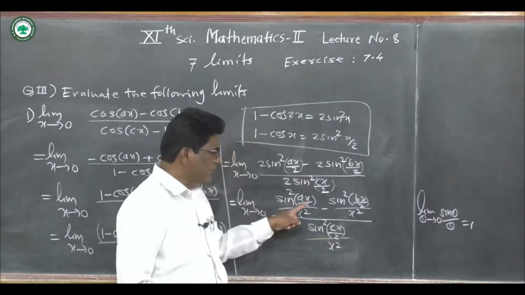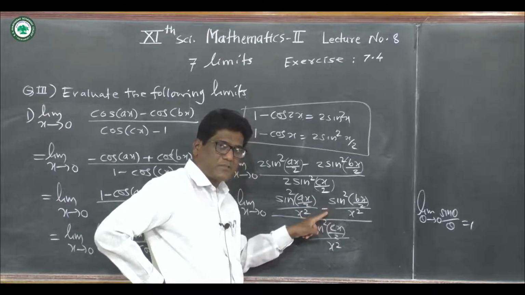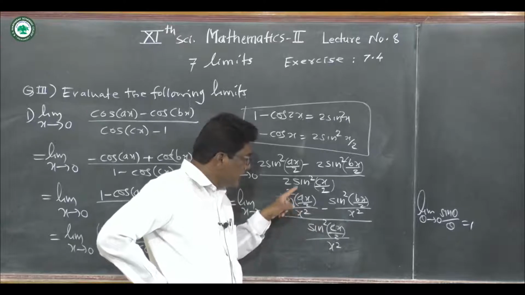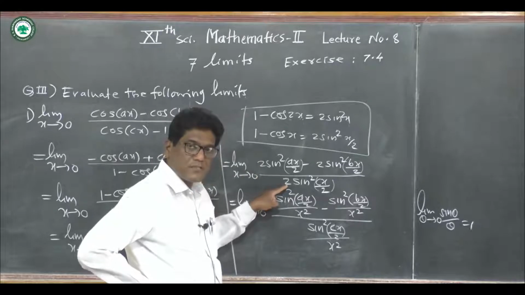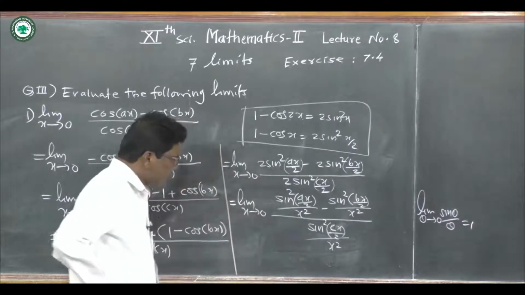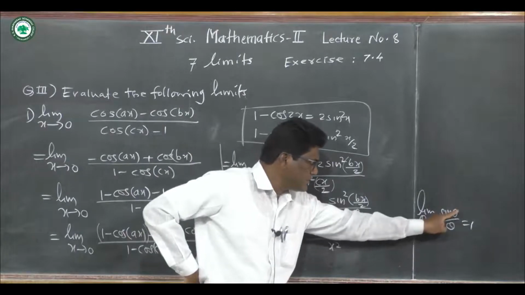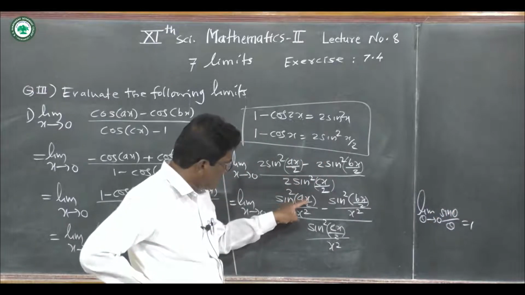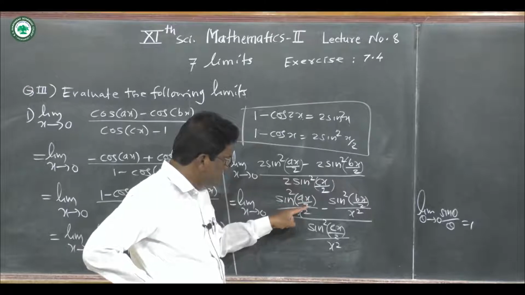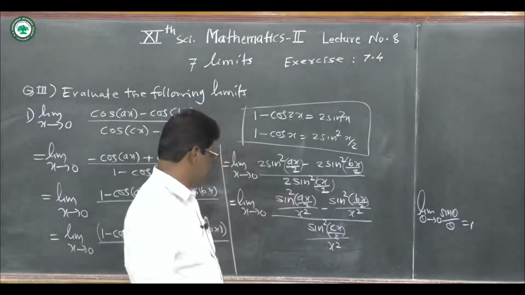Commonly we divide numerator and denominator by x square, but in the numerator there are two terms in subtraction, so we divide by x square separately to this and this. Okay, and this 2 we take common and cancel to this 2. Now here angle should be theta divided by theta, limit theta tends to 0, sine theta divided by theta. Angle of sine should be in the denominator. Here angle of sine is ax upon 2 and divided by here x square. Here square we write this square like this.